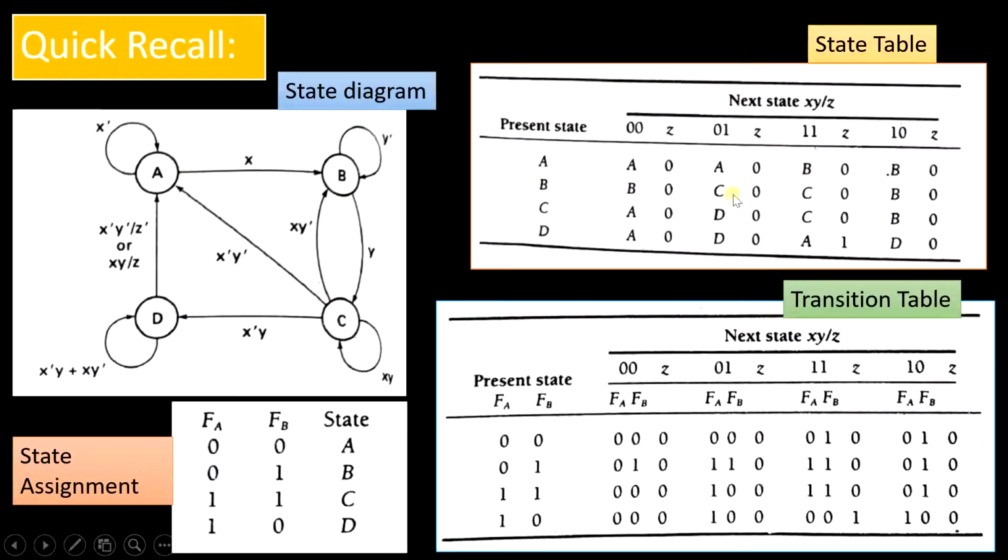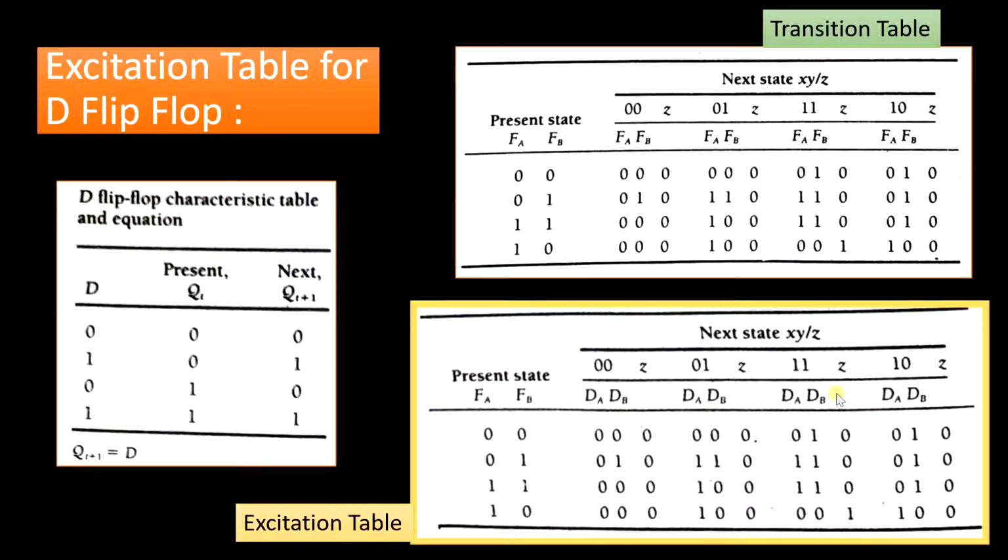So that is why I said this would be the standard thing that you would need to remember for the topic that we are going through today, because this is the state diagram, this is the state table, and this is the transition table. So this would be used as a reference for all the flip-flops' excitation tables. For that purpose, I have considered the transition table which was previously used. So this is the transition table and this is the excitation table for the D flip-flop.